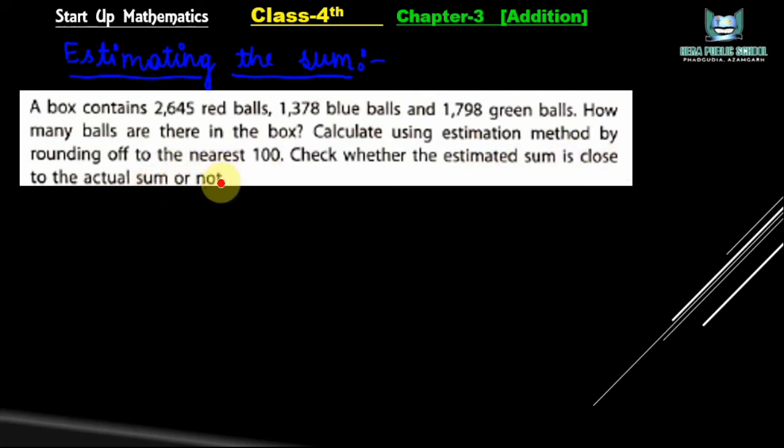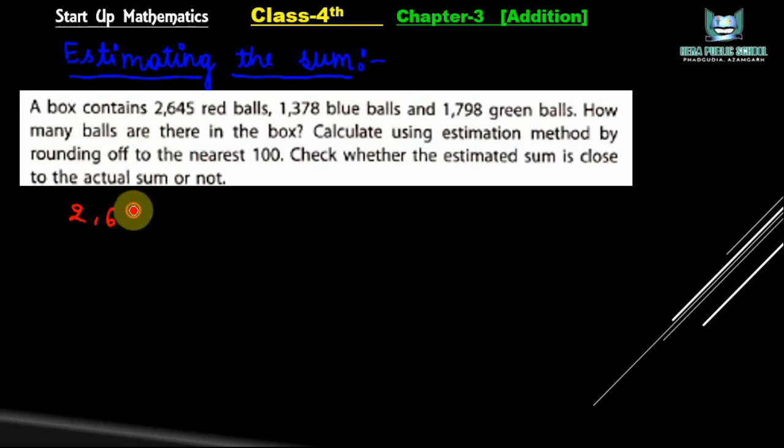So first we have to round off these numbers to the nearest 100. After that, the value what we get after rounding off, we have to add that number. In last, we have to find the actual sum. Actual sum means we have to add the number as it is. First, we are going to round off the numbers. So first number is